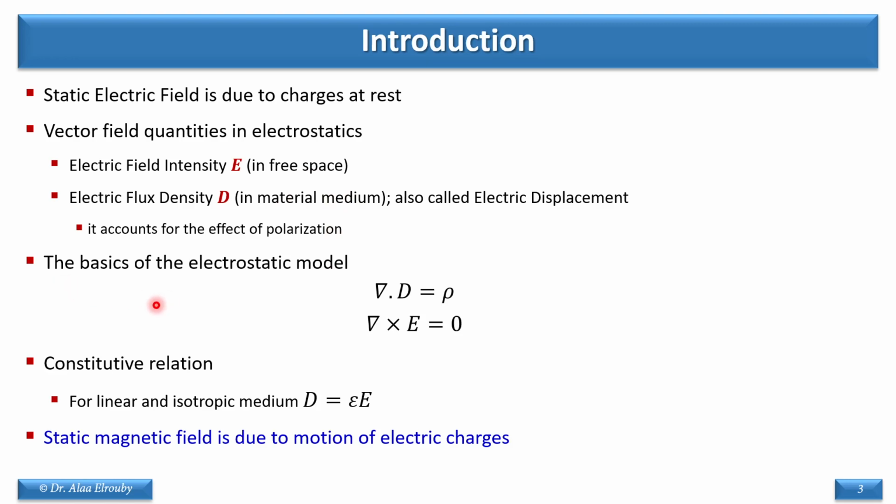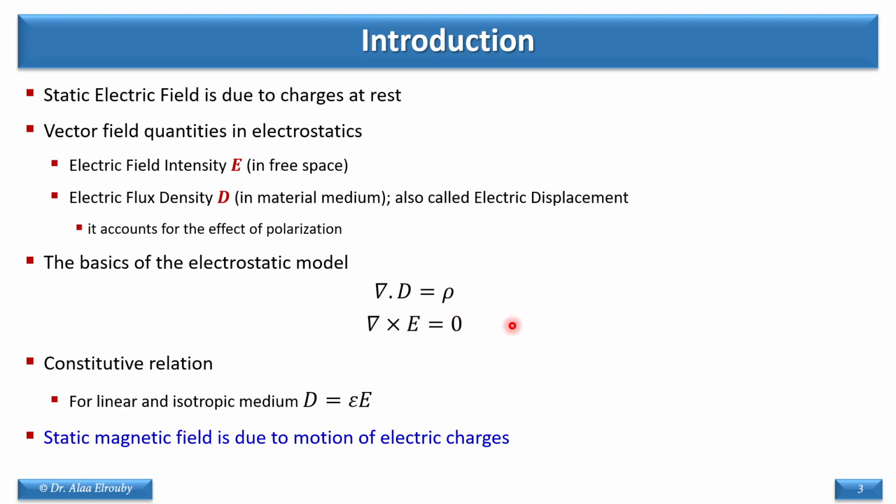The electrostatic model has two major postulates, or fundamental laws, that govern the topic. Number one is that the divergence of D equals rho, which is the volumetric charge density, and the second postulate is that the curl of E equals 0,